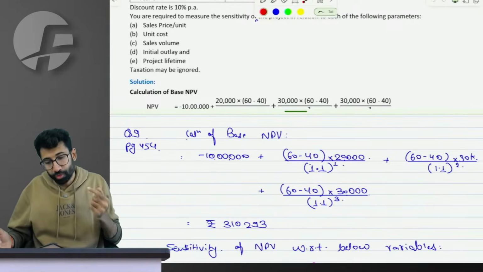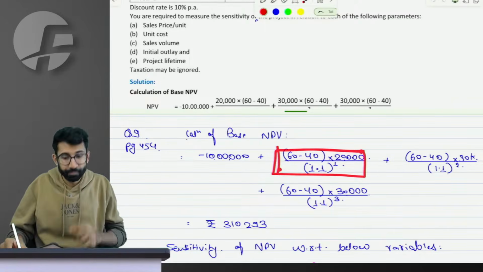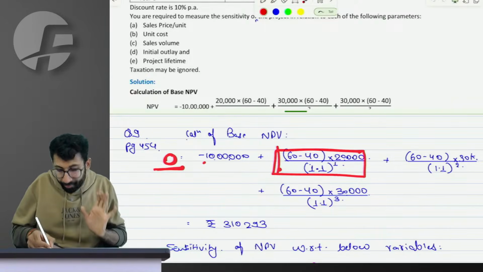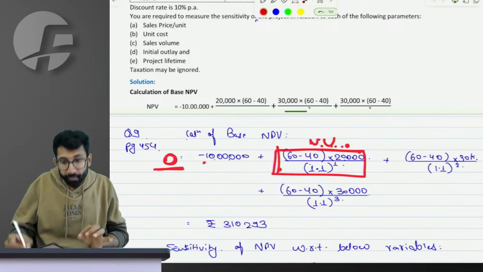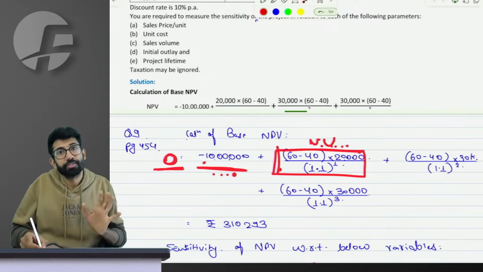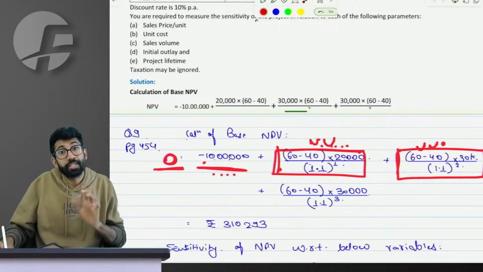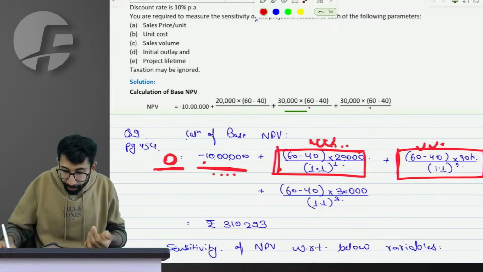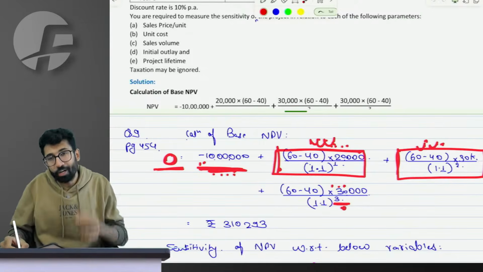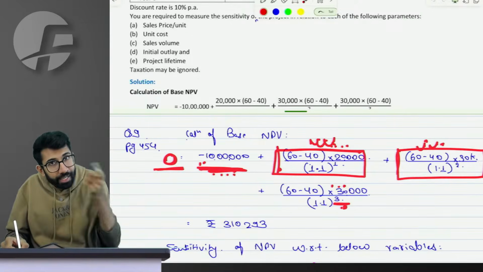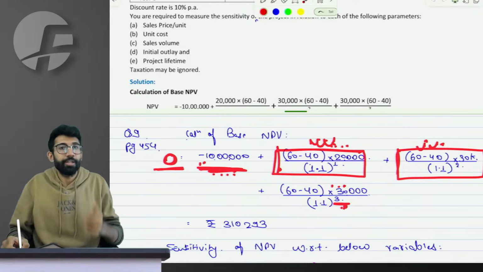So the way to solve it is really easy. First you calculate the present value of cash flow of 1 year. I have to think that I need to make NPV 0. So using the present value of cash flow of 1 year, am I able to recover the initial cost? Similarly, using the present value of cash flow of the second year also, with 1 and 2 years, how much of the cost am I able to recover? Similarly, we will figure out how much cash flow of the third year is needed to recover the cost. Whatever I spoke, let me execute it so that you understand it better.